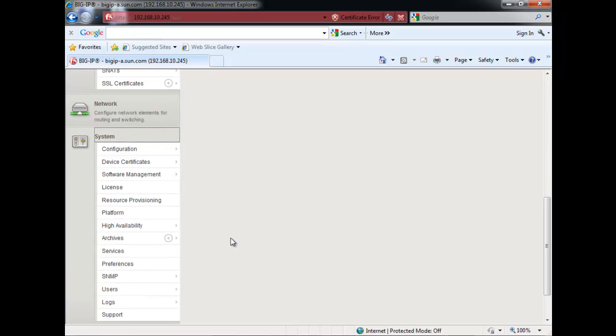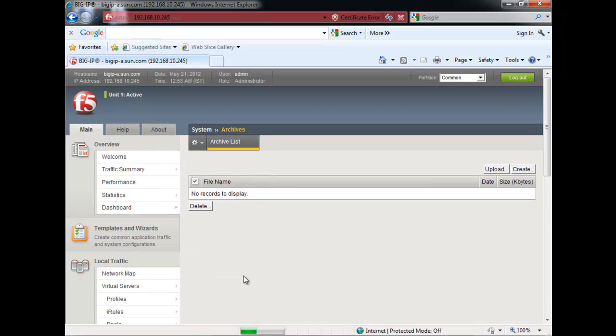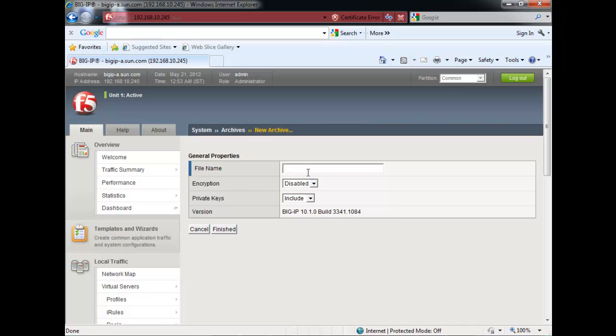So navigate through System, click on System, go to Archives, and you can find there are two tabs, upload and create. As we want to create a backup, just click on Create, give the proper naming convention, bigip_LTM_3600_12th May 2012.